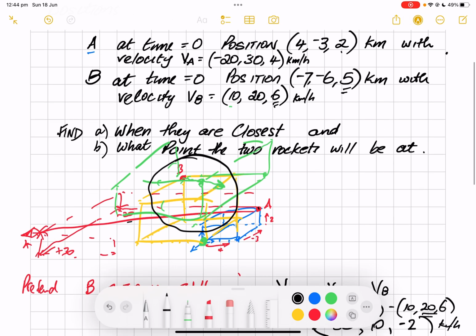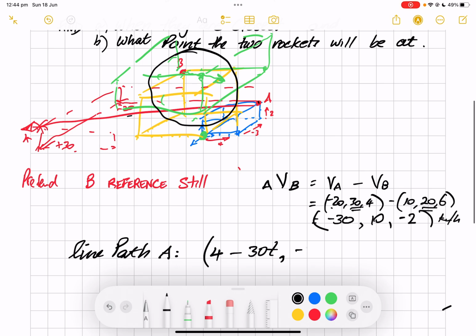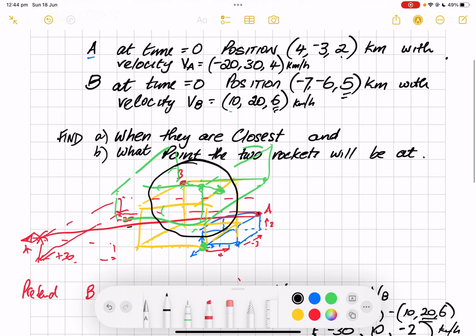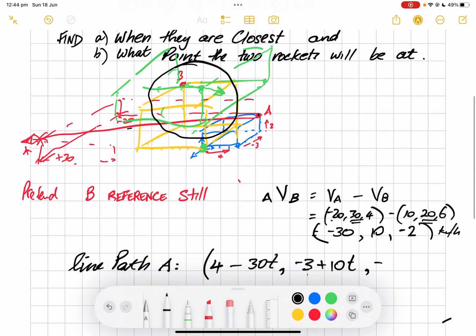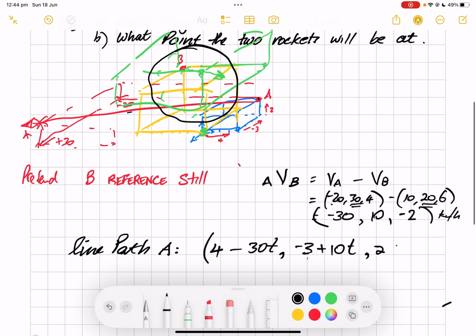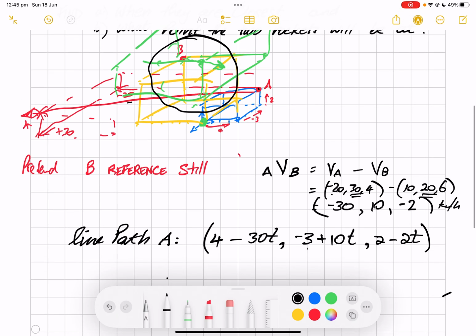And its y value starts at negative 3, and it's going to go up 10 for every t, and it starts at a height of 2, and it's going to go back 2 for every t. Now that's the pathway for A, and what we're going to do is there's a position where with vectors,